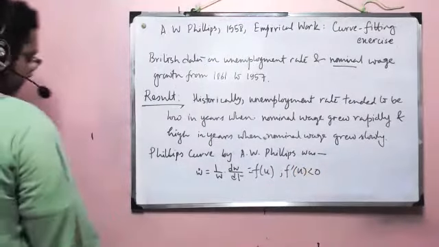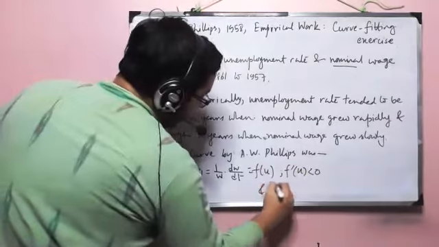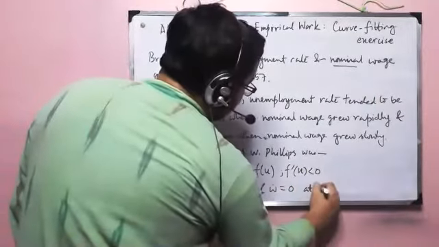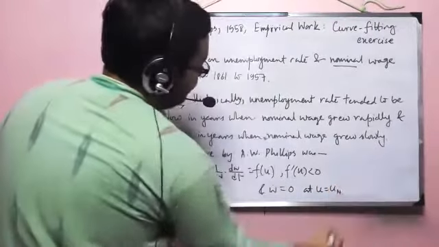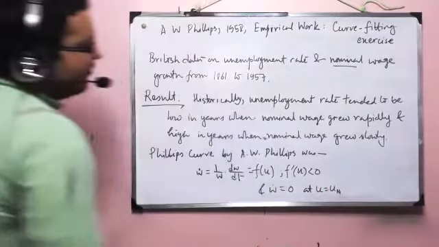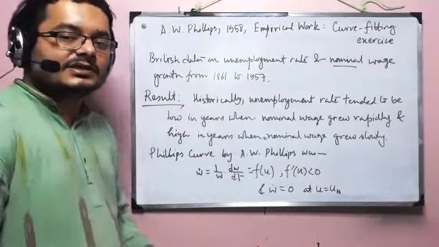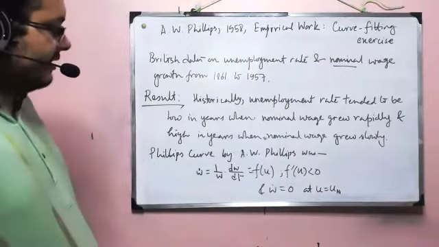And it doesn't end here. W dot equal to 0 at u equal to un. So u equal to un is, statistically speaking,